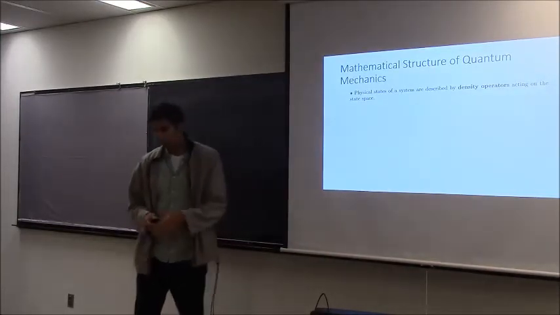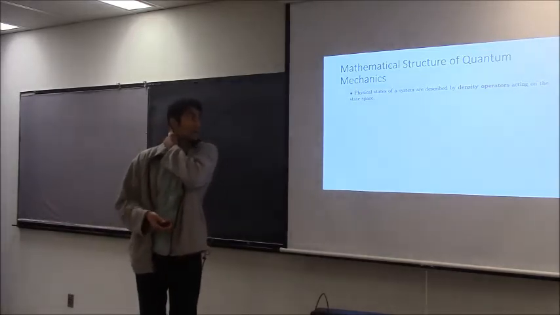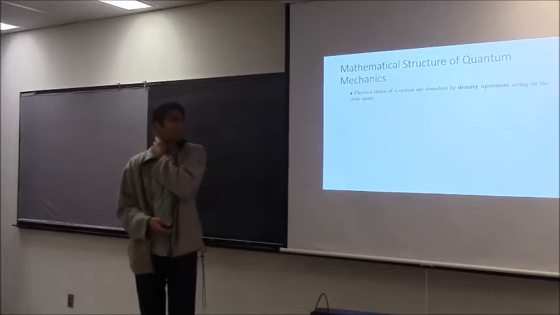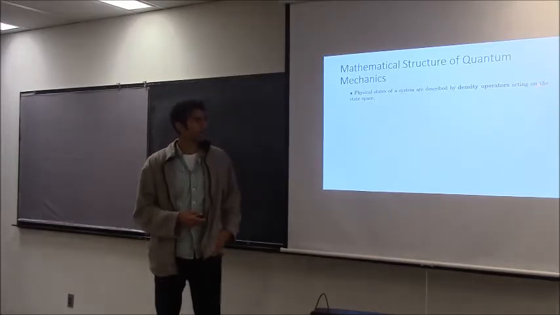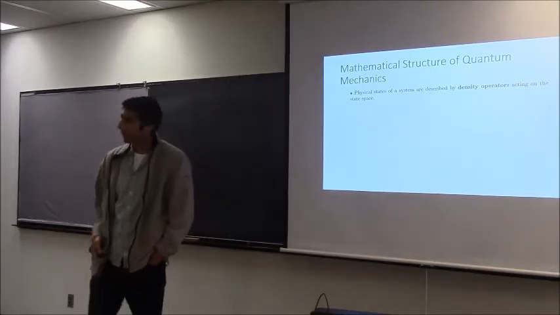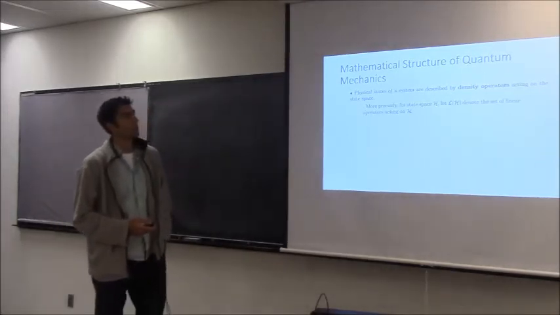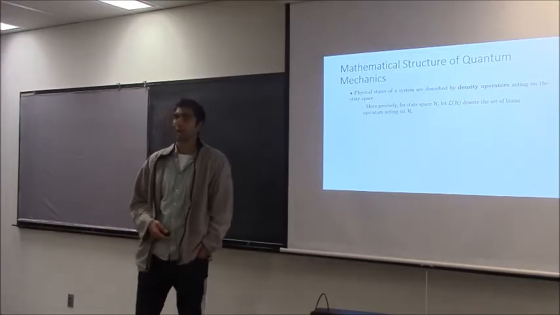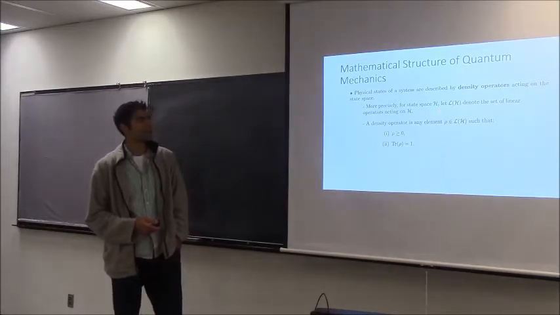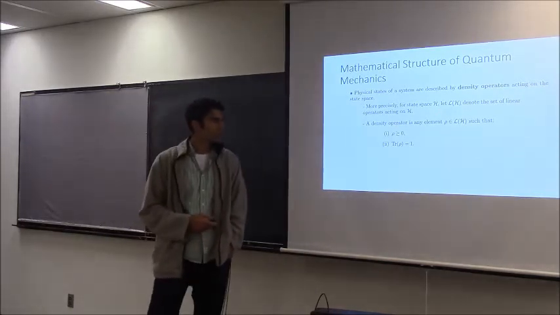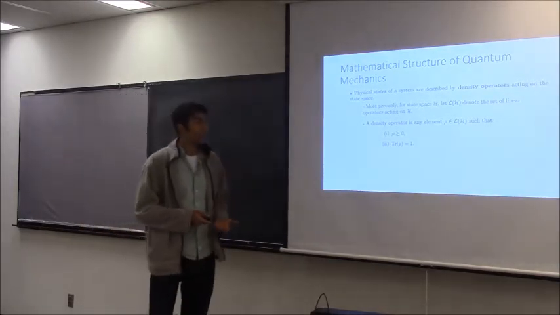All right, so that's the first part of the structure. Now we will discuss how to describe physical states in a quantum system. Physical states are described by density operators acting on our state space. What I mean by a density operator here is, if H is our vector space and we let L be the set of linear operators acting on H, then a density operator is any linear operator that satisfies these two properties. The first is that it's non-negative, which means its eigenvalues are not negative, and Hermitian